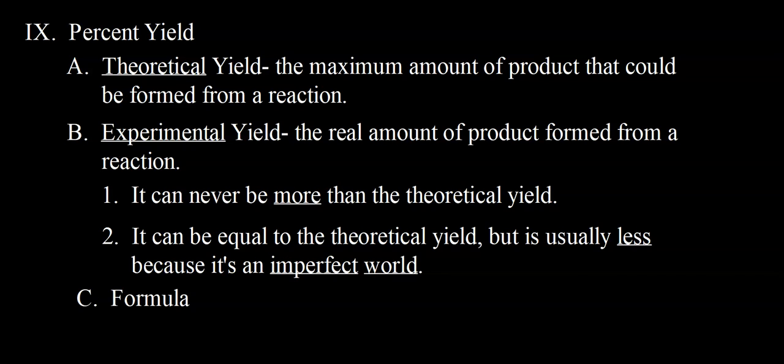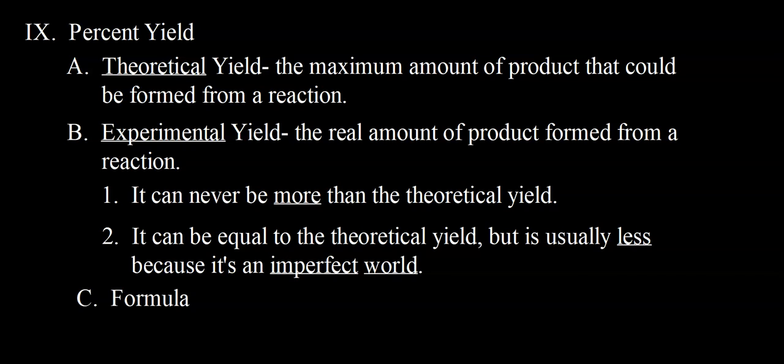How much product actually is produced in a reaction? Let's say you actually mix the quantities of chemicals and you weigh out how much product forms. In reality, that is known as your experimental yield. So the experimental yield can never be more than the theoretical yield. That doesn't make sense. How can you make more product than is theoretically possible? So it can never be more. It can be equal to the theoretical yield, but it's usually less because this is an imperfect world and we